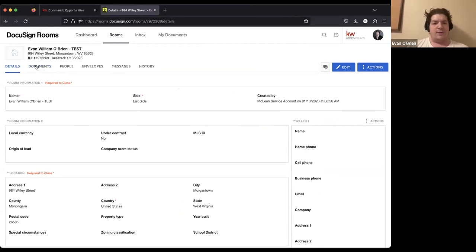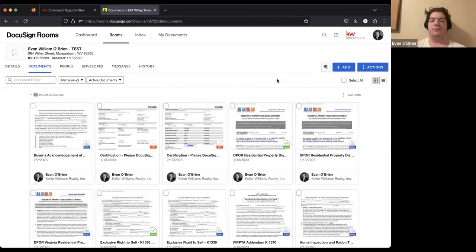All right, so now I'm going to hop on over here to the Documents tab because the opportunity's already been added. We have the details. Now we need to go ahead and start adding documents into our room so we can start sending them out to our clients and potential clients to get them to sign. The first thing we're going to want to do is look at these two blue buttons up here. We're going to want to focus here on this Add button. Click on that, and we've got a couple of options here. If you do have the documents downloaded,